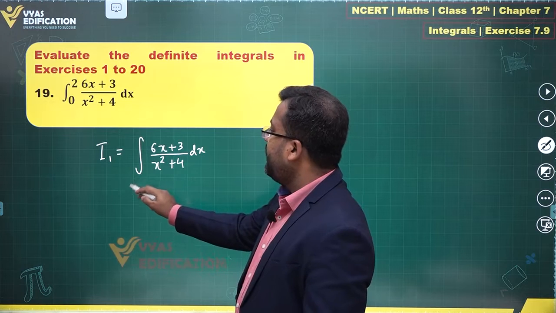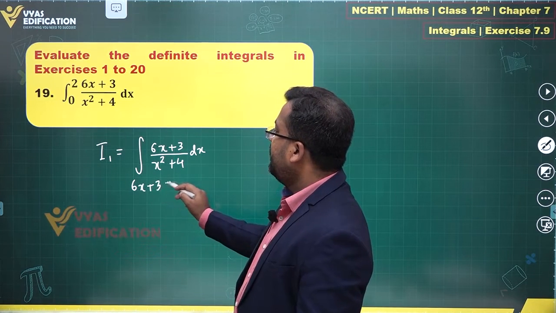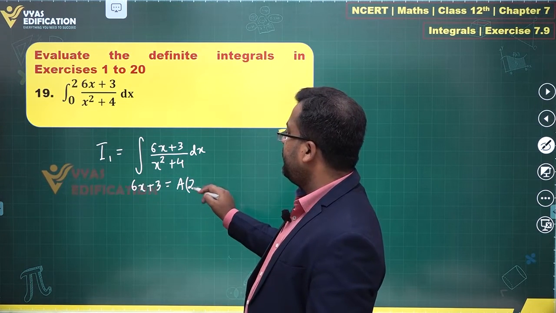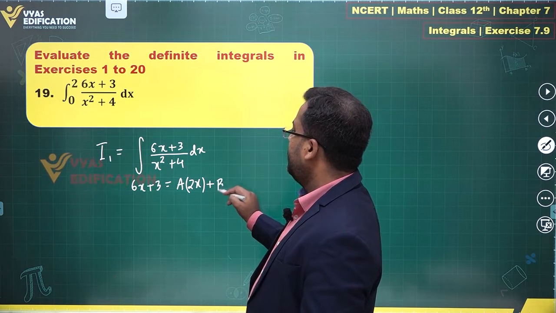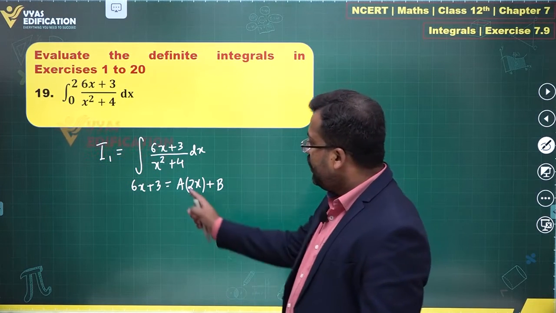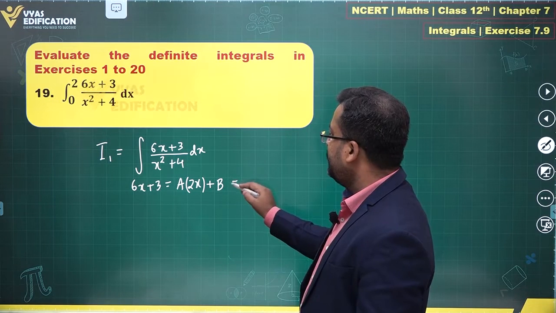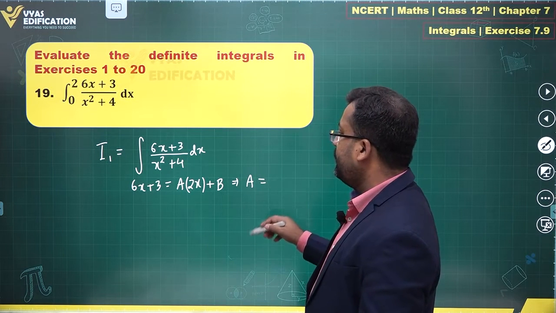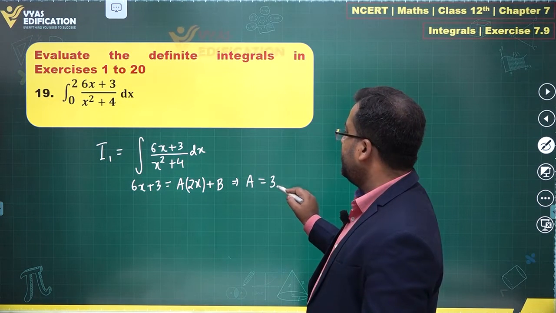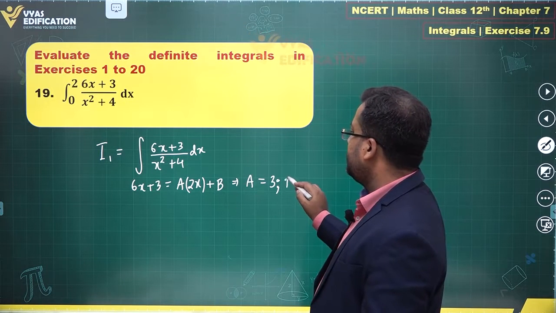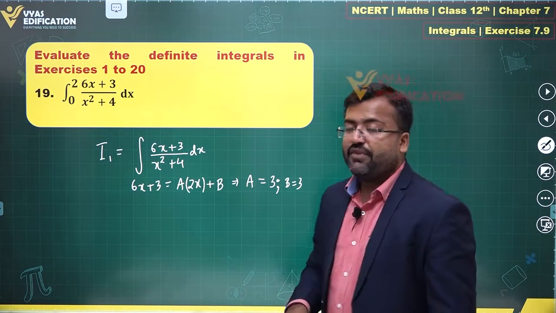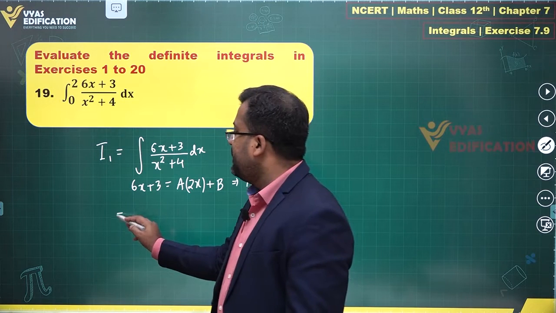This can be integrated by writing the numerator as a times the derivative of the denominator plus b. Find the values of a and b. 2ax is 6x, so that tells me 2a is equal to 6, a equals 3, b equals 3 as well. This is what you get. Once you obtain this, therefore I1 becomes equal to